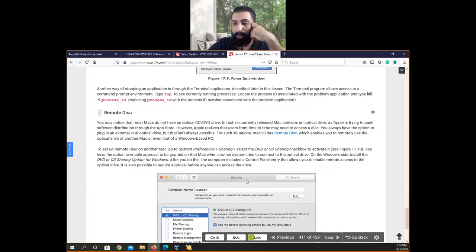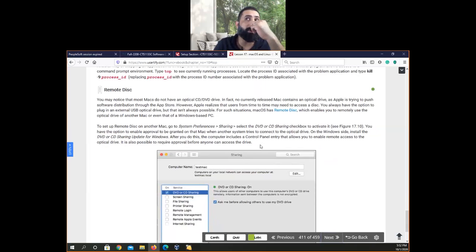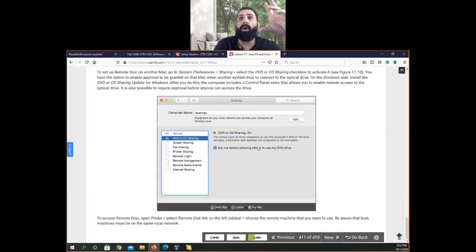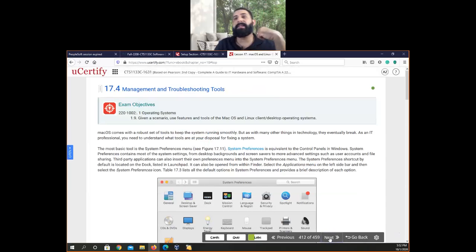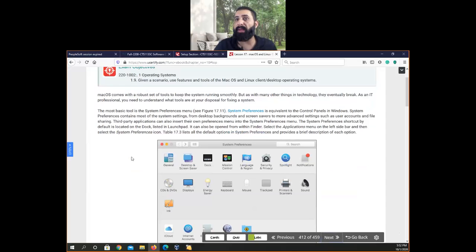Apple does not suggest that you can have a remote backup or ISO of your Mac operating system. However, if you want to have a backup for your device, you can create a backup and select a CD or DVD, and you can create a copy of your operating system as a way to back it up.